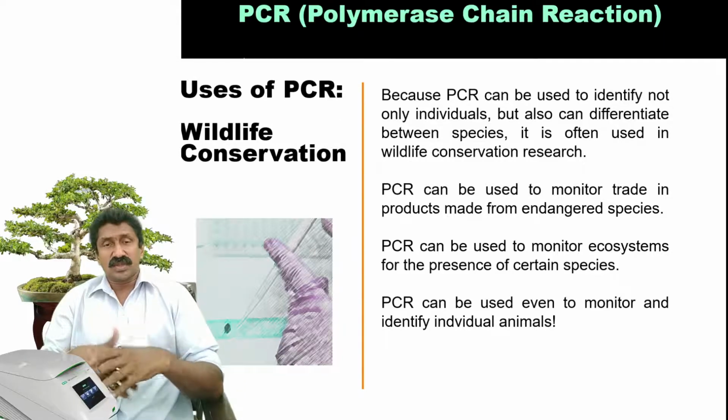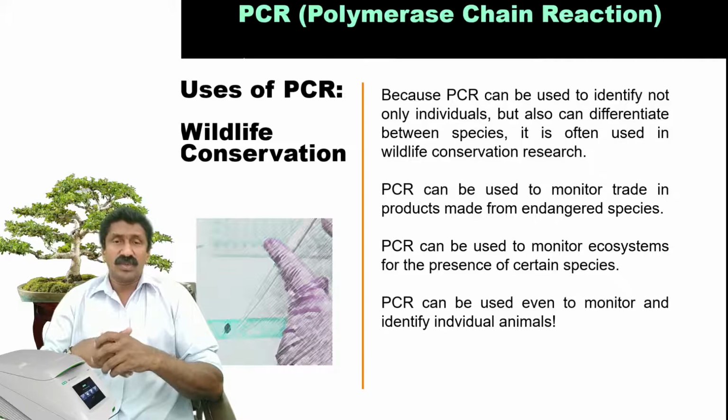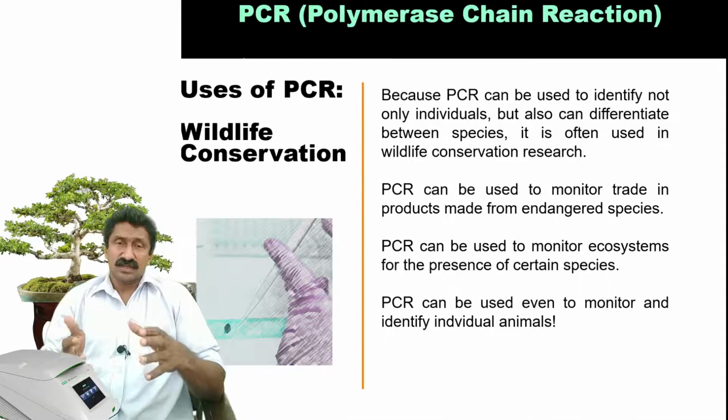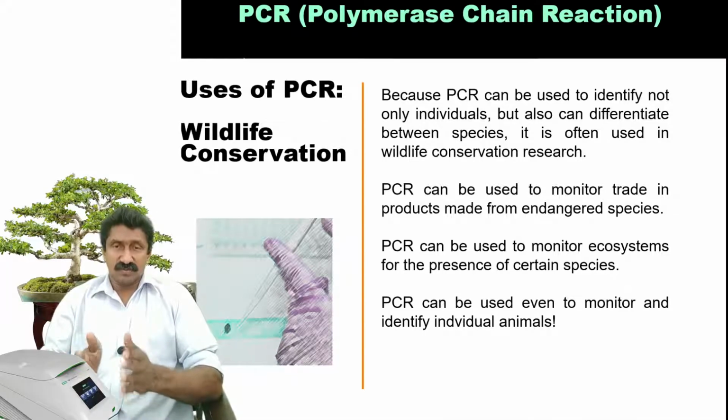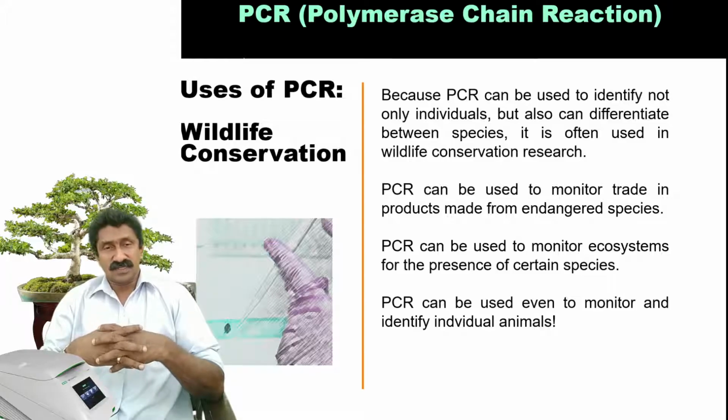And once the sample is located or identified, a strong case can be filed against such culprits only when there is DNA-based evidence. So such samples will always be sent for forensic analysis, especially PCR-based identification. Once it is done, we can confirm that this is a particular wildlife species that they hunted, and this case will be strong only when forensic evidence based on DNA analysis is available.